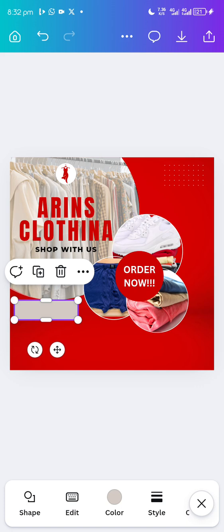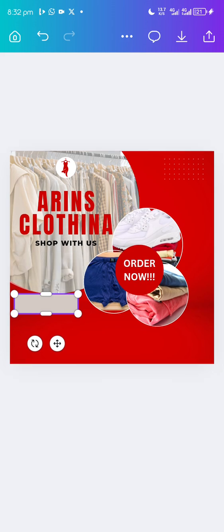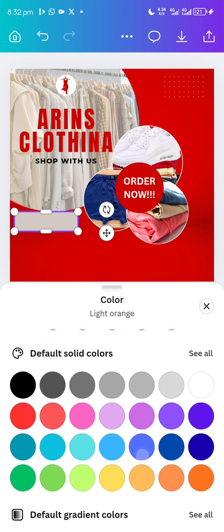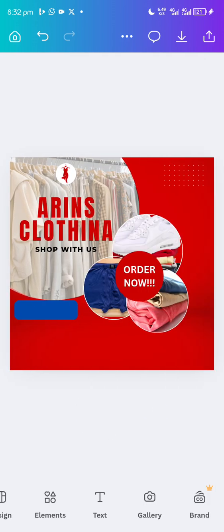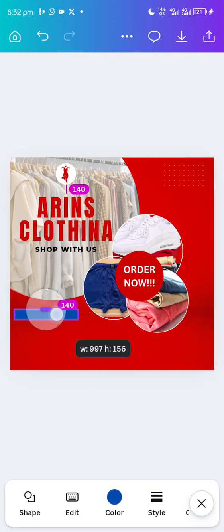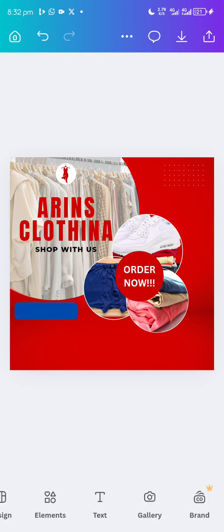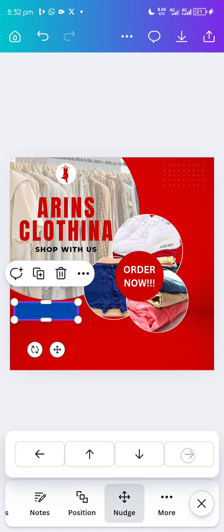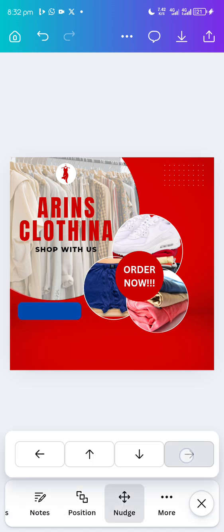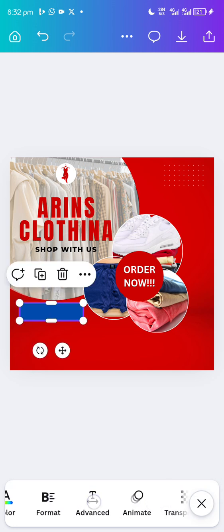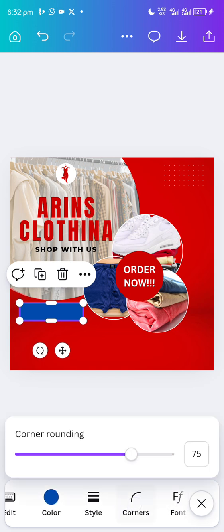So let's change the color of this first to blue, right? This or this. Okay, let's leave it to this one. Okay, so we bring it down here. Okay, this is okay. So use our nudge to shift it, bring it down a little bit, then go to corners. Corners is here, then reduce the corners to be like this. All right,